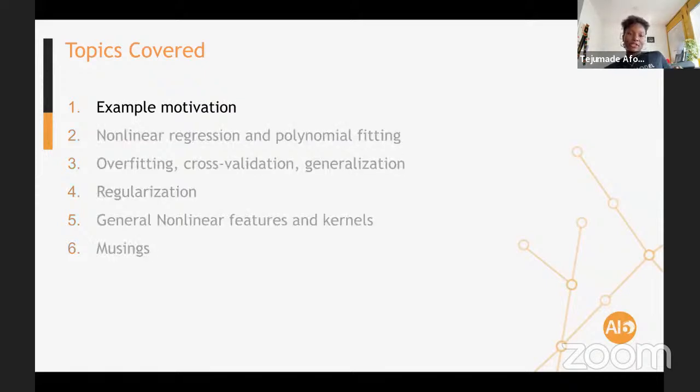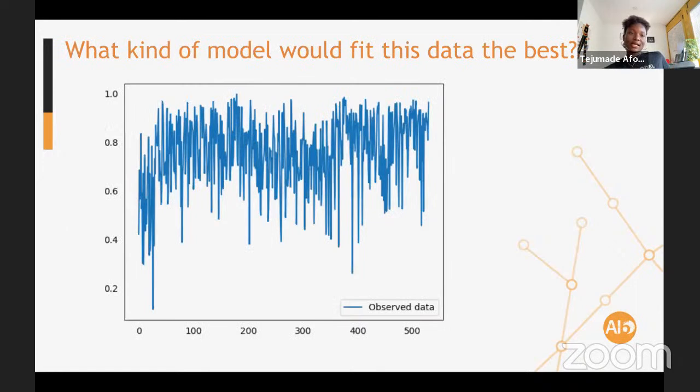So, example motivation. I have a question for you. What kind of model would fit this data the best? What do you think? This is interesting data.